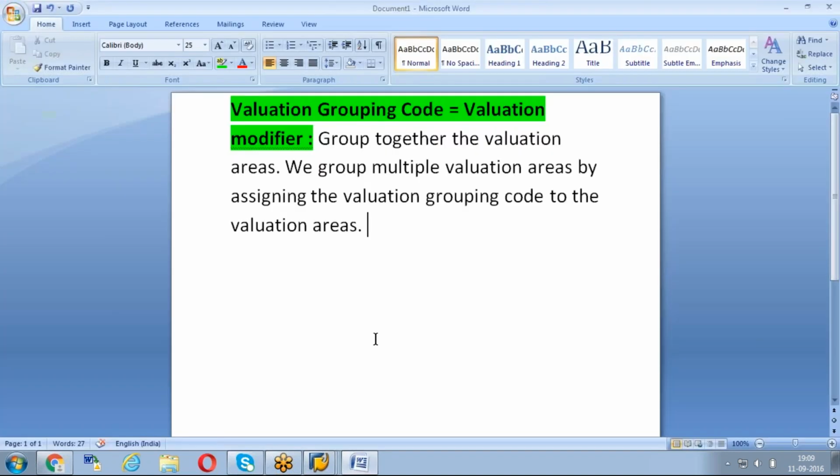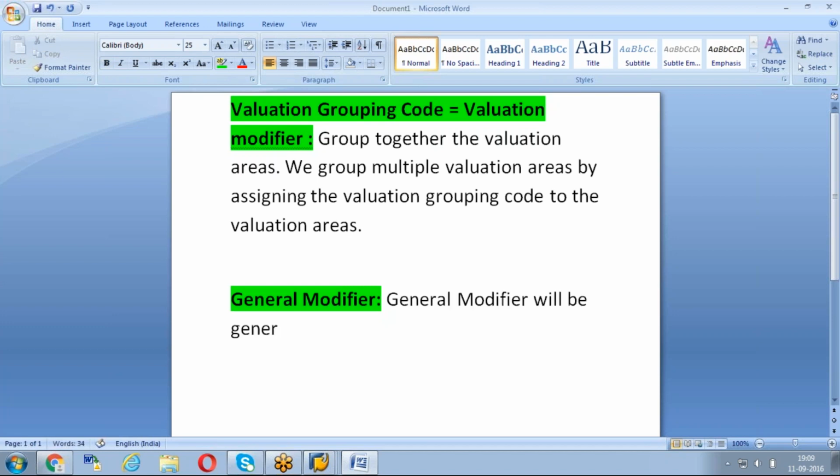Now coming to general modifier. This general modifier we use mainly in GBB, the transaction key.